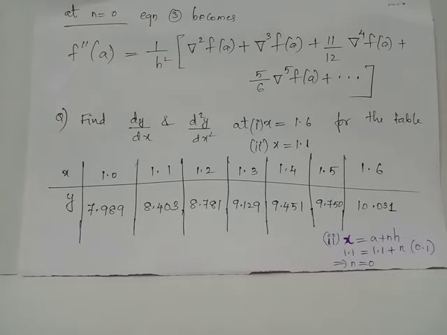Let us now find out derivatives at x equals 1.6, for which we will make use of derivative formulas of Newton's backward interpolation. While doing backward interpolation, we will select origin a equals 1.6 and we have h equals interval of differencing, which is the difference between consecutive x values, equals 0.1 here. For the first case x equals 1.6, we have a minus nh equals 1.6 where origin a equals 1.6 and h equals 0.1. Thus we have a minus nh equals 1.6 will give us n equals 0.